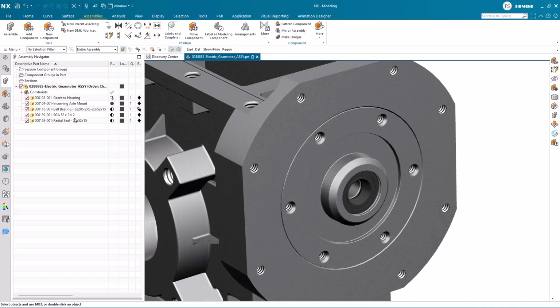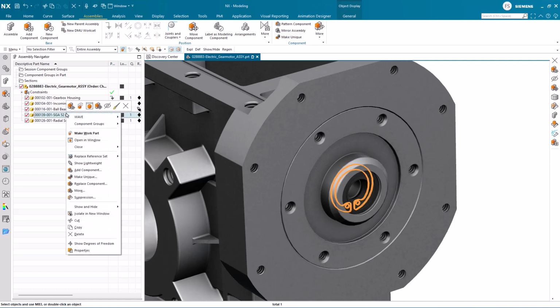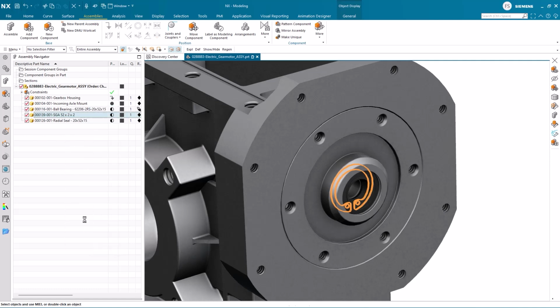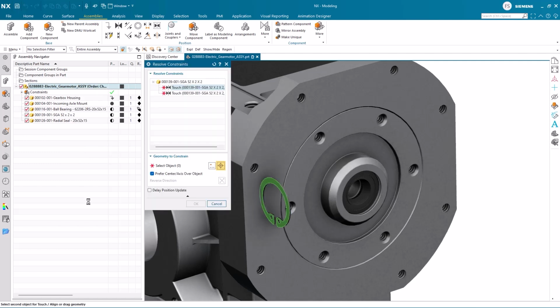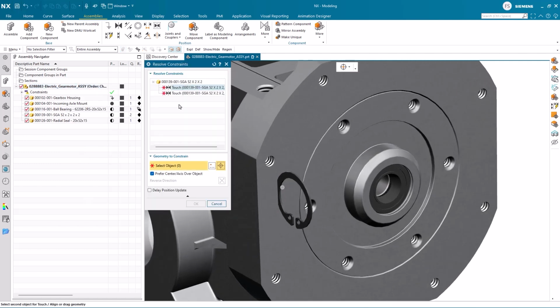In this case, we hover the retainer ring component, right mouse button click and select copy. We then hover the assembly to where we want to paste the component. Right mouse button click and select paste. As the component we copied had positional constraints attached to it, these are carried along. We can choose to delete them if we do not like them and wish to create all new constraints.